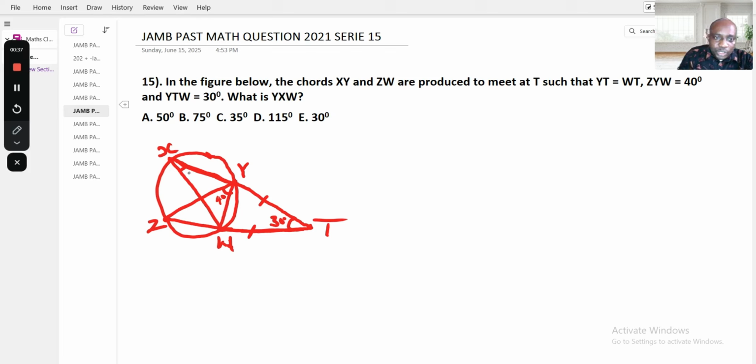YXW. The question is asking for all this space. So look for this space. What is the angle there? If you look at this symbol